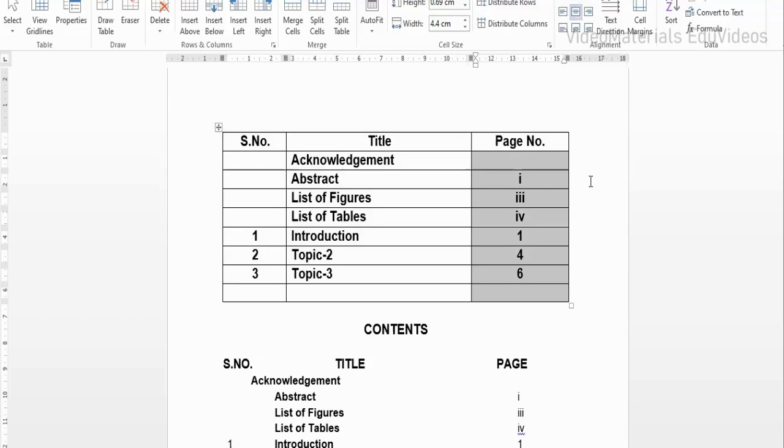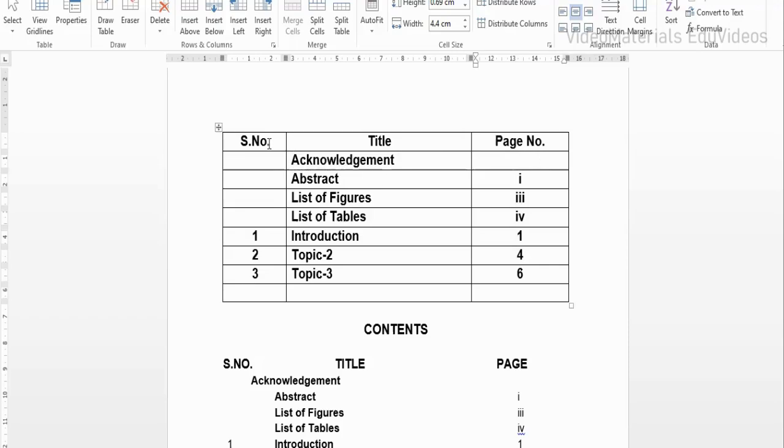That means within the cell, the text can be located in 9 different positions, like top center, top left, top right, center center, center left, center right, bottom center, bottom left, bottom right. These are the 9 positions if I take one cell into consideration. Within the position where I want to place the text, I need to choose that kind of alignment option.